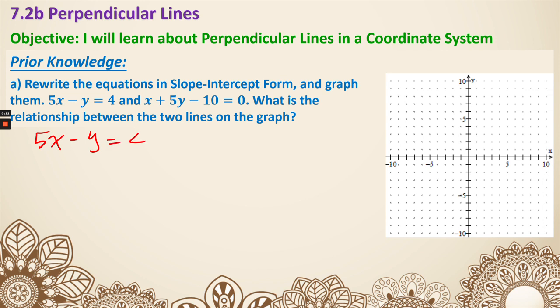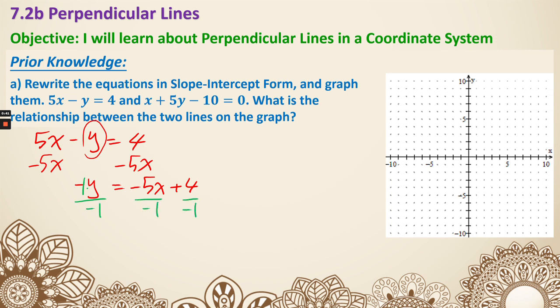5x minus y equals 4. We're going to get y by itself. So subtract 5x on both sides. We have negative y equals negative 5x plus 4. However, y is not by itself yet. We basically have a negative 1 times y. So we're going to need to divide everything by a negative 1 to get rid of the negative sign in front of the y. We are going to get y equals negative 5 over negative 1, which is a positive 5,